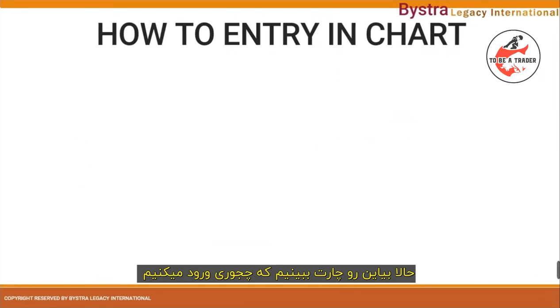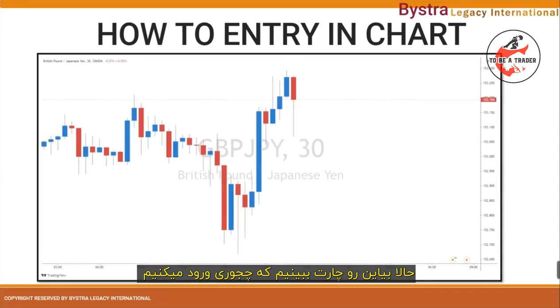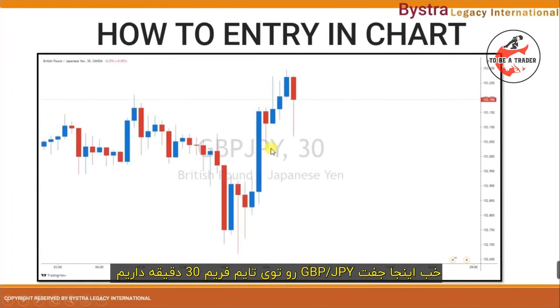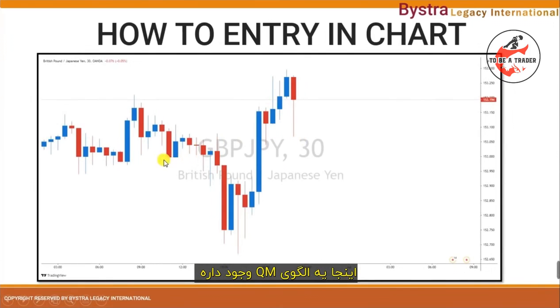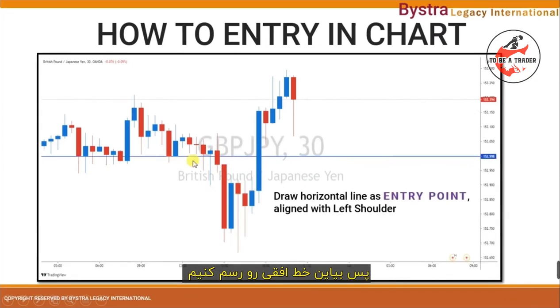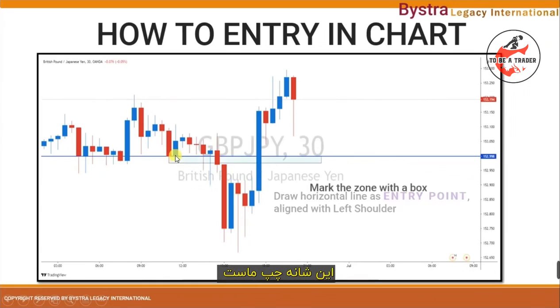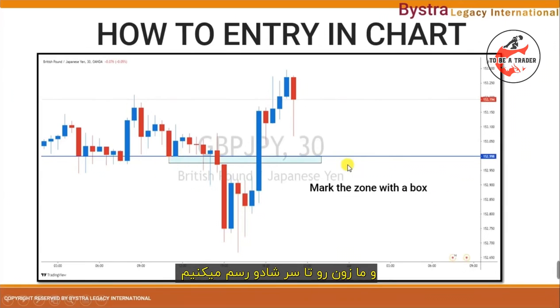Now let's look at how we do entry in the chart. Here there is a pair GBP JPY on an M30 time frame. There's a QM pattern here. Let's mark the horizontal line as our entry point. This is our left shoulder, and then we mark the zone up to the wick,